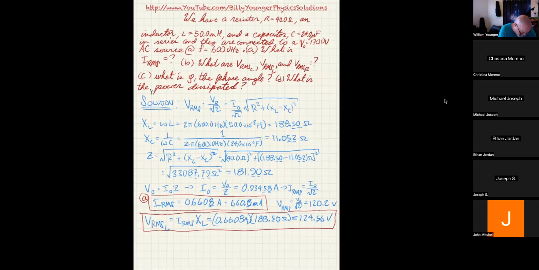Now, putting the multimeter across the capacitor is going to be done the same way. It's IRMS times XC. Now this one will be a lot smaller because XC was like 11. So this will be teeny weeny,